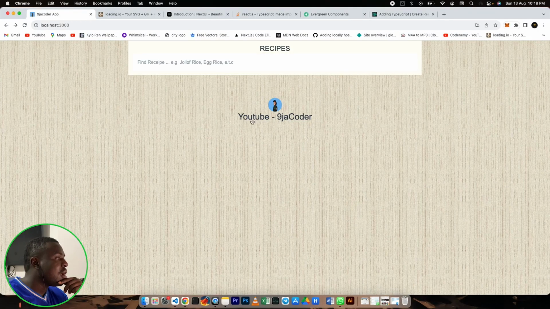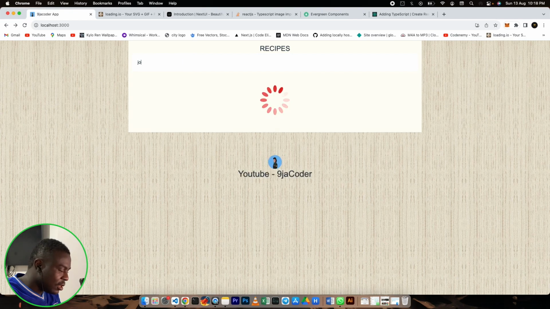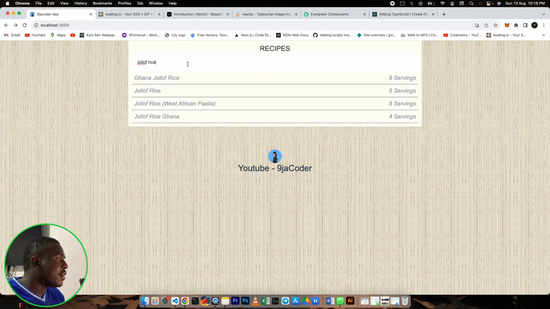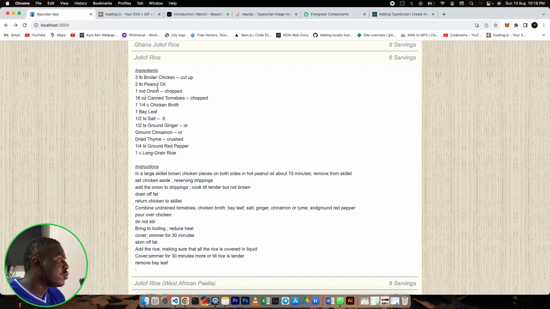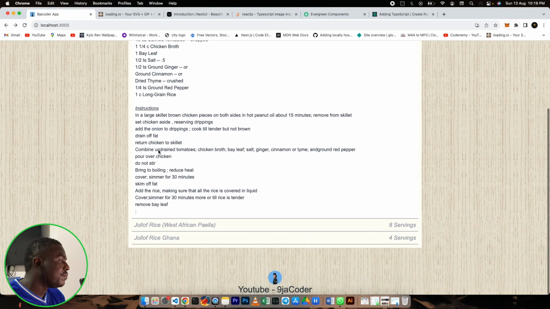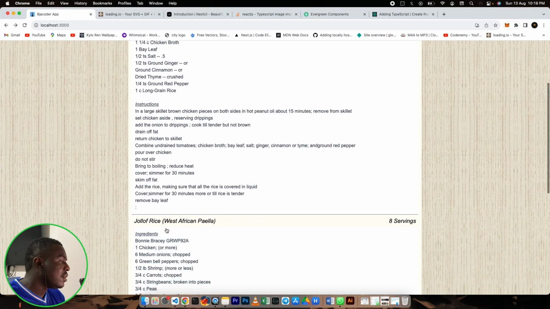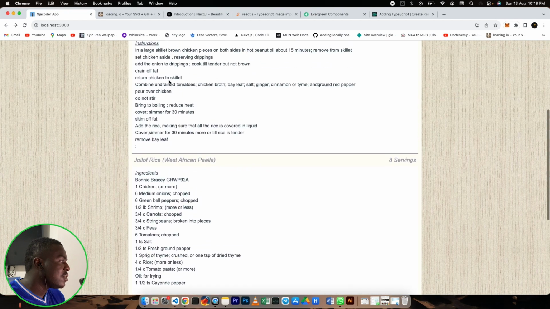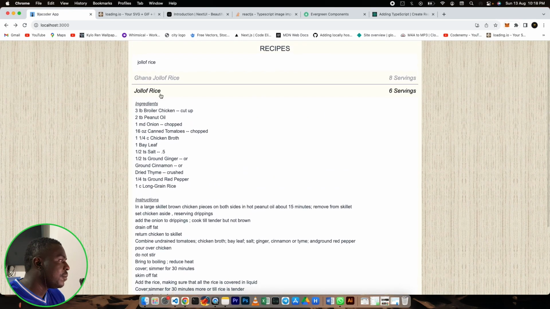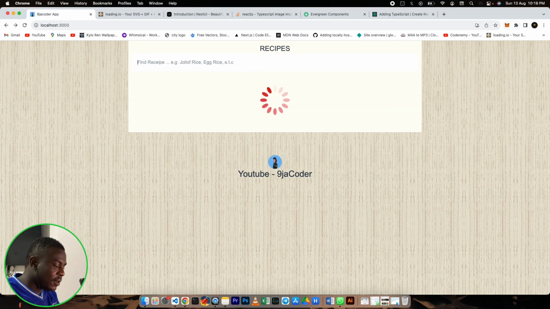Okay, so take a look at the demo of this application. Now, if we come over here, we can see we have a simple search bar over here, which we can just search jollof rice. Okay, you can see the loading spinner. I can see it gives you a list of different recipes. Now you can just select on one and you can see the instructions with the ingredients. You can select on another one, you get the ingredients and the instructions, and then you can select it back to close it up. Then you can also search another recipe, let's say pizza,